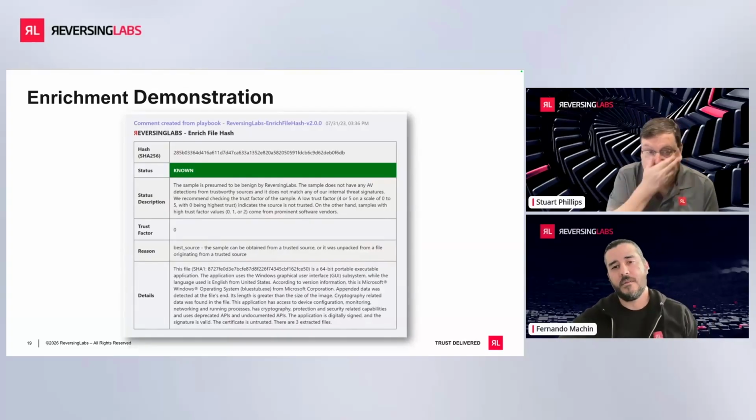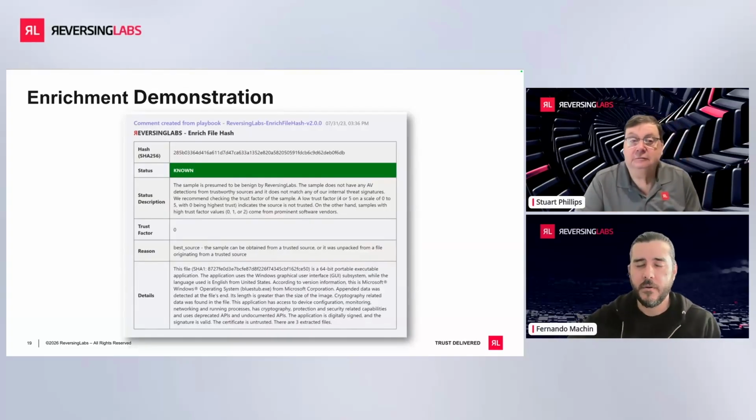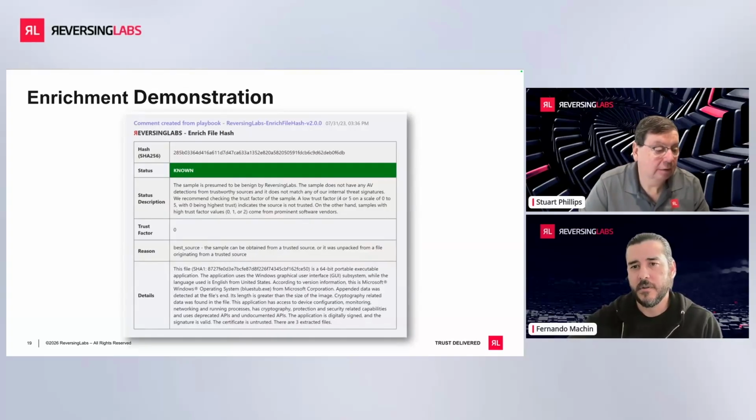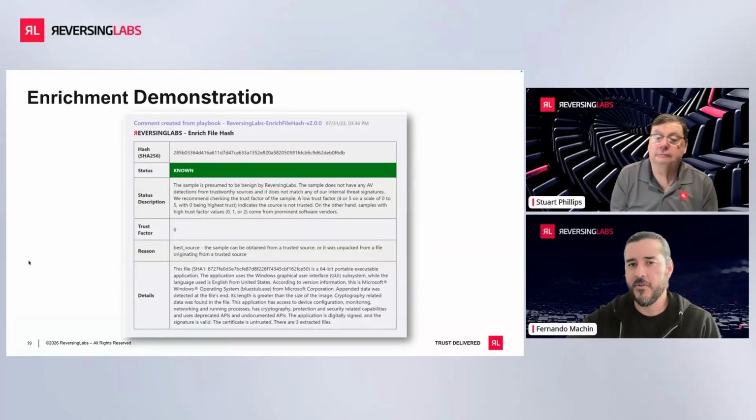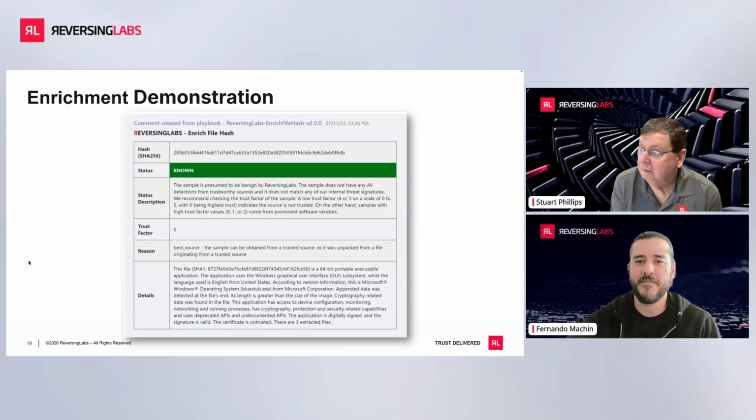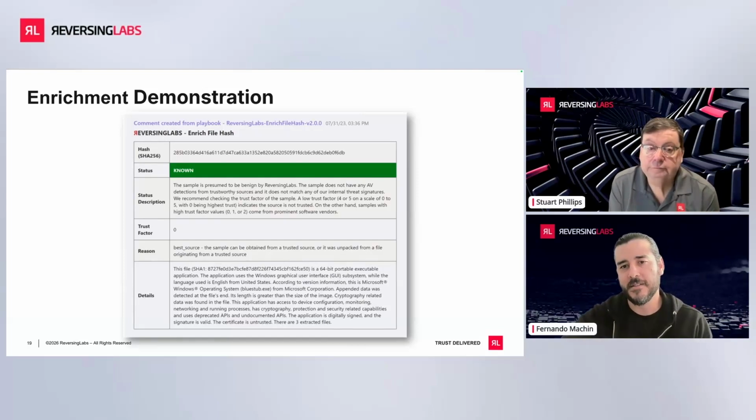No, I think one of the key things there is you're looking at trust factor. The way that we determine trust factors is utilizing that large corpus that we have of file samples, amongst a couple other methods that we utilize. But understanding how trusted that is, and I get it's a little misleading, zero means very trusted, and five would mean not very sure what this looks like. I think that's one of the best ways to get an understanding of what you're looking at and enriching overall to make a decision from.